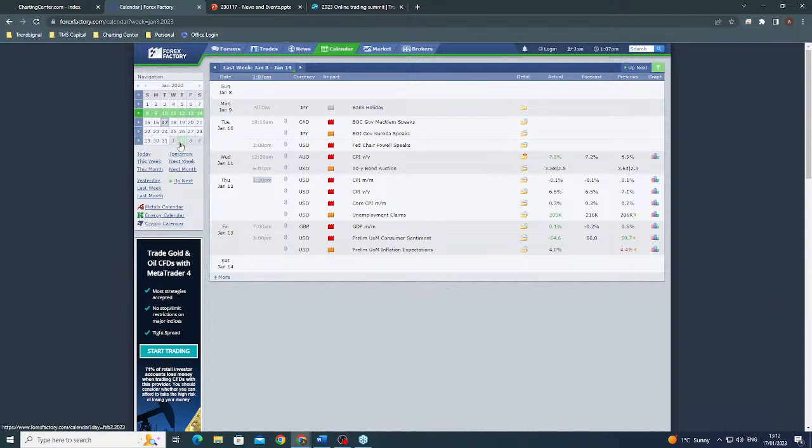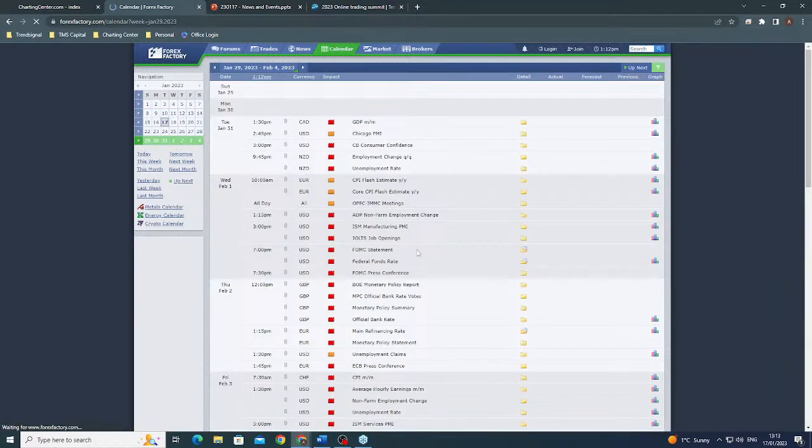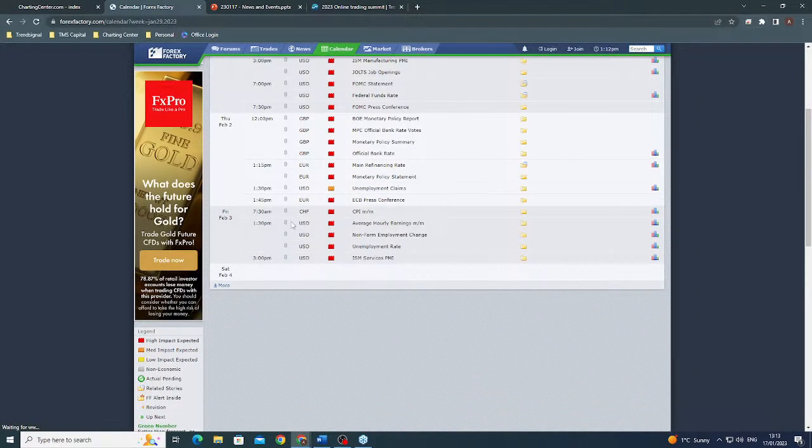So you'll notice here as we come through to the last week of January, the first week of February, as we scroll down here, you've got non-farm employment change. That's one of the most important items. Day traders will be sharpening their pencils and so on. Would I be trading into 130? Absolutely not. Would I be trading after 130?